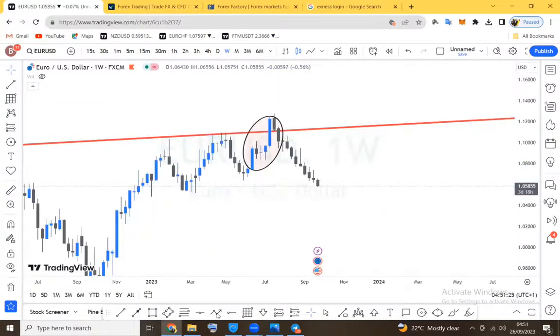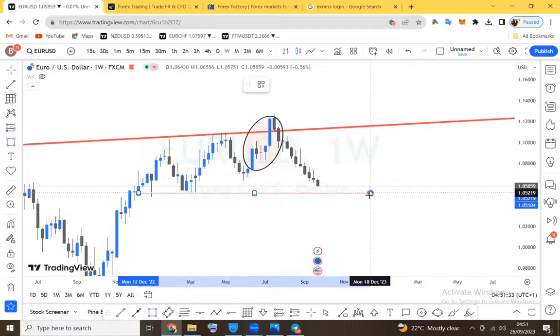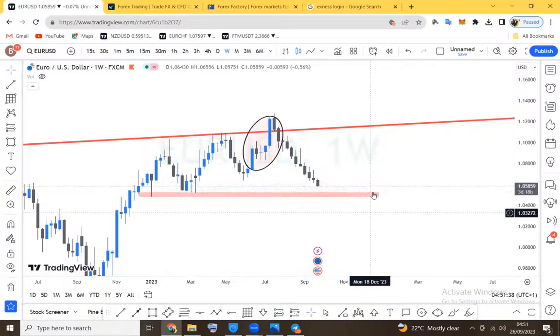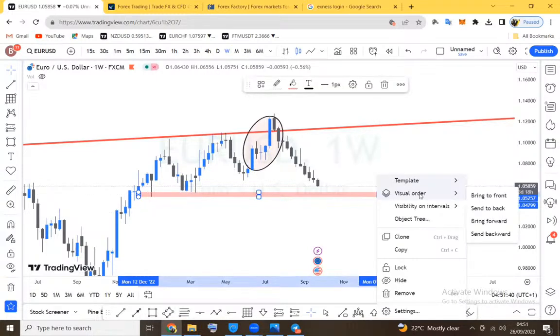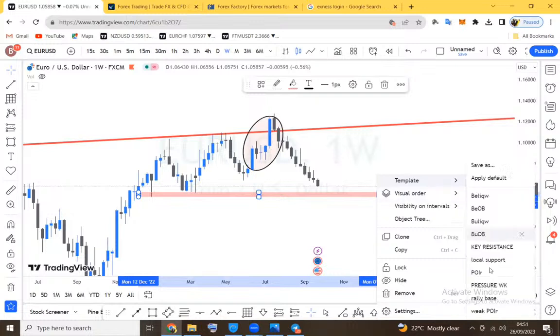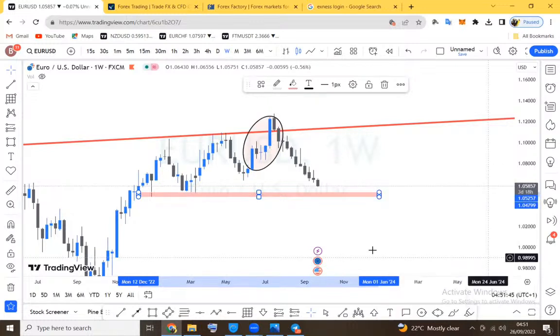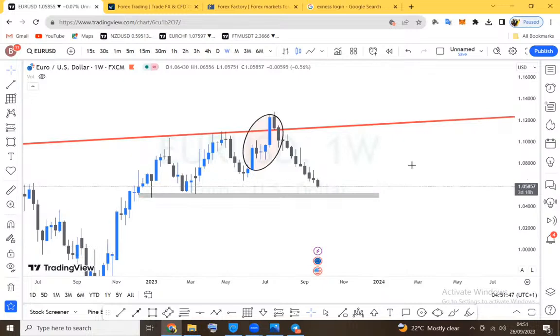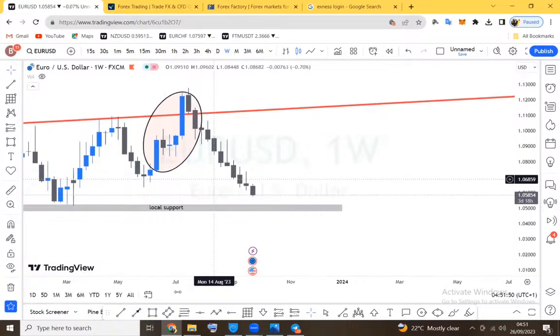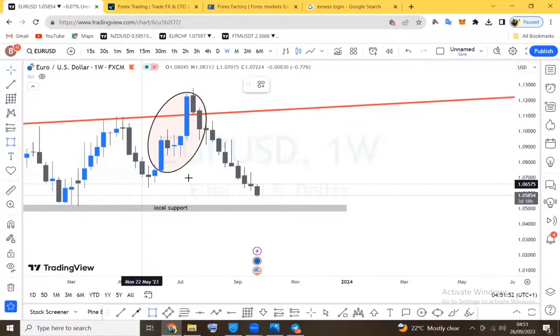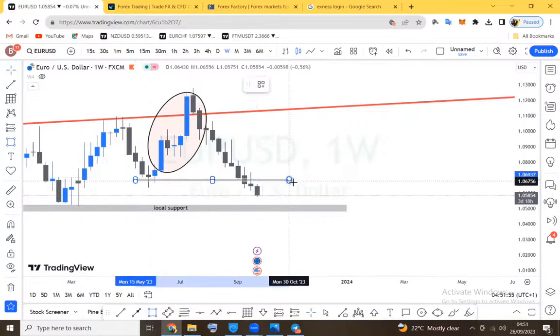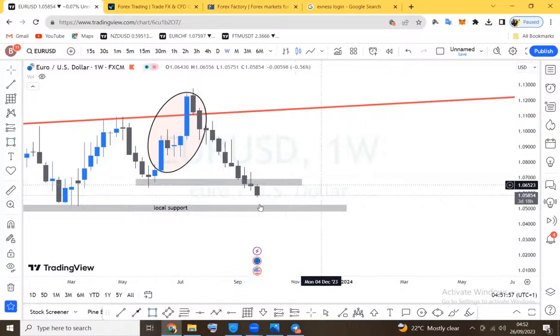And if we want to map local support and resistance where we can see a significant price action or a significant pullback in the days ahead, then we have this local resistance, which I've just mapped here. This is a very good zone where we are going to be looking at a possible strike for a sell on this current market. Another local resistance like this one has already been broken, and the next price point that we are looking at is this price point down here.